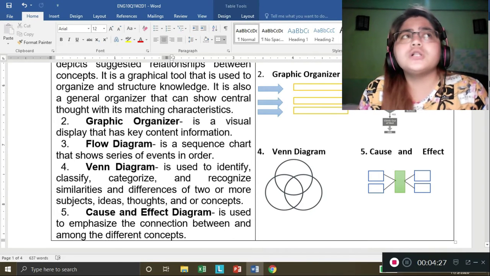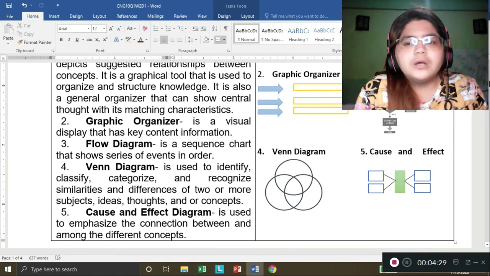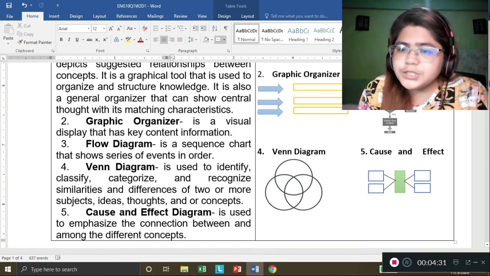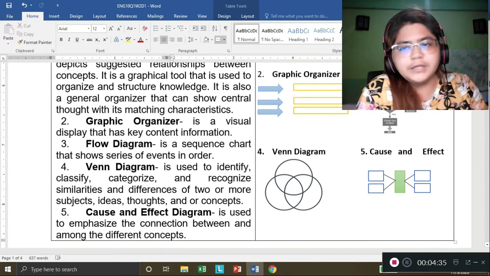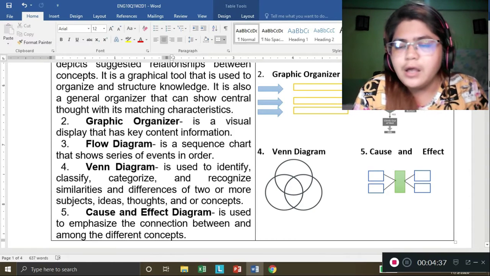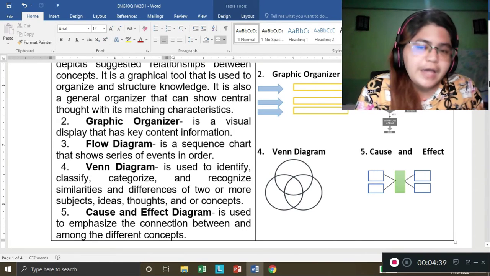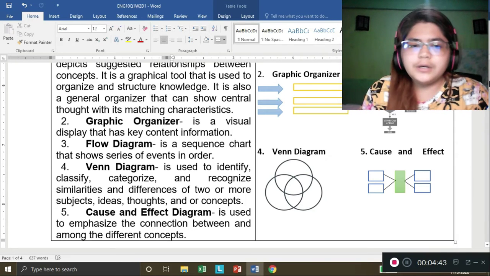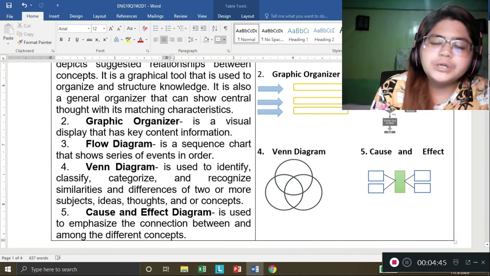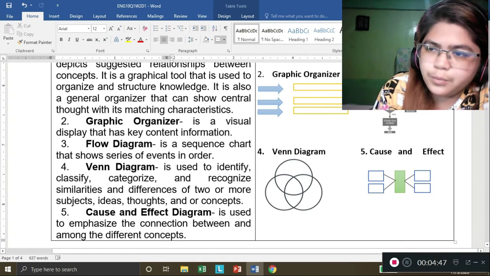For example, what is the cause of flood? You're going to write it under cause. And what is the effect of flood? That's it. You're going to see the connection between these